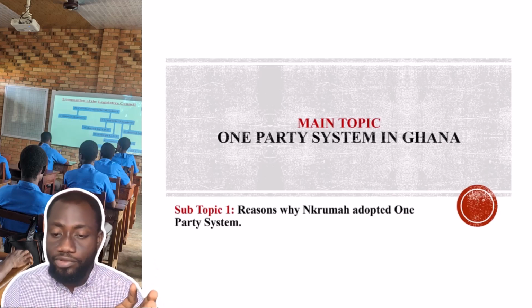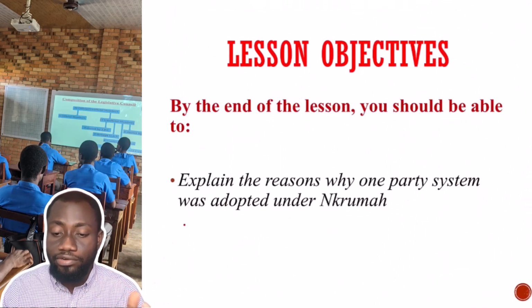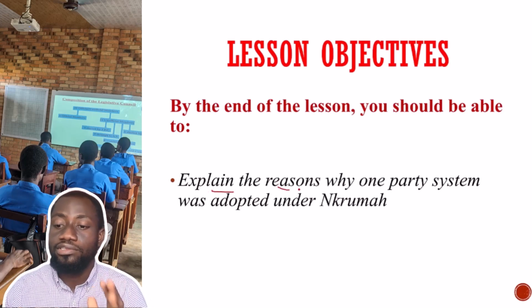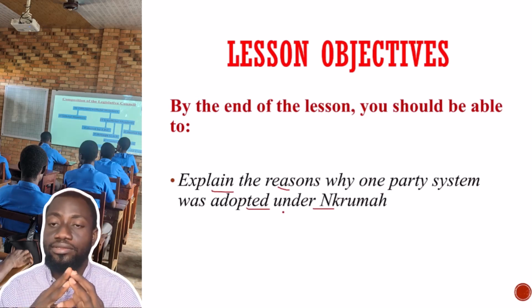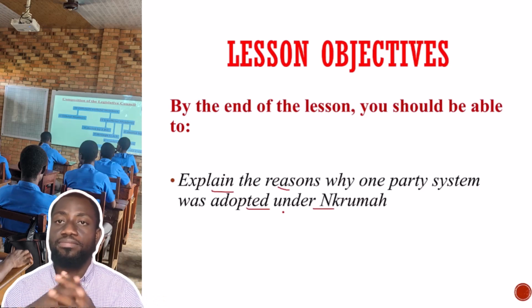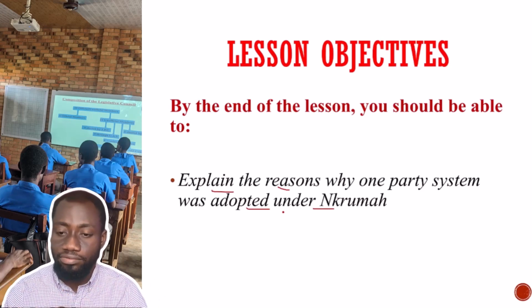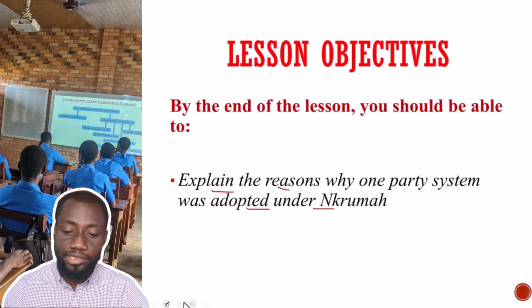So without wasting much time, let's look at our objectives for today. Very simple. By the end of our lesson, you should be able to explain the reasons why the one-party system was adopted by Nkrumah. And this should be our lesson objective. So let this objective guide us in our discussions. So let's begin with